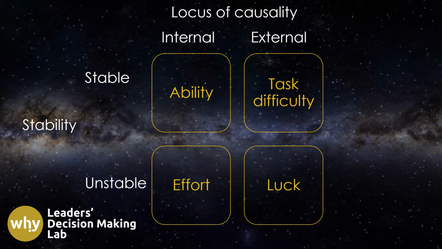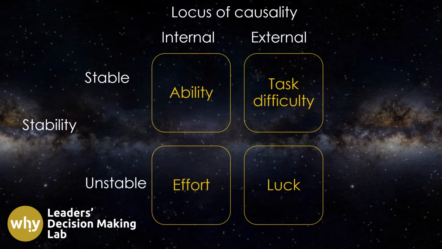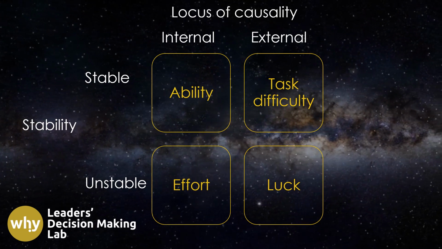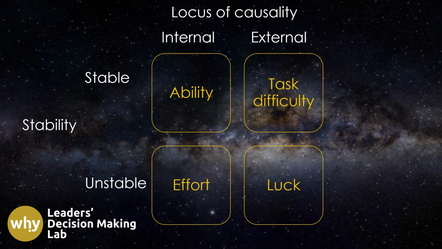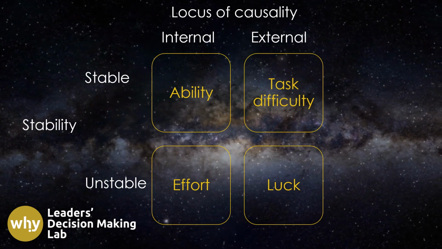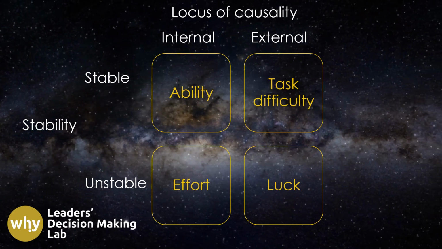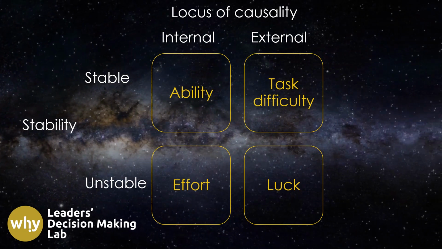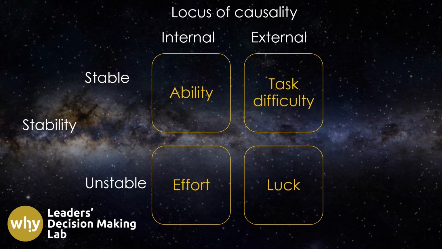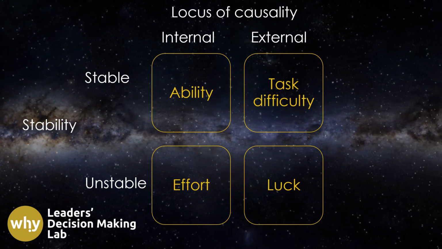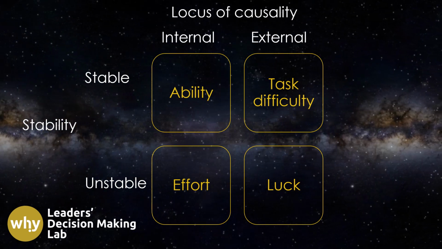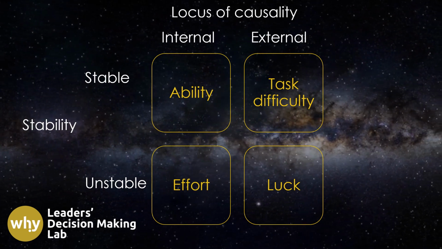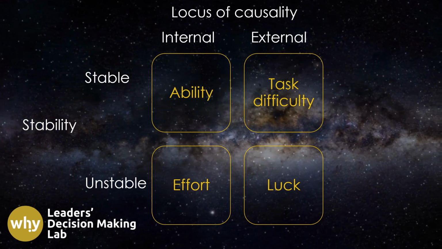Moreover, when leaders attribute employee performance to stable causes that are likely to persist over time, such as inherent abilities or task difficulty, they tend to expect future performance to be consistent with the present performance. This can result in more severe actions, such as demotion or dismissal, if the leader believes the employee will continue to perform poorly in an unchanging situation.